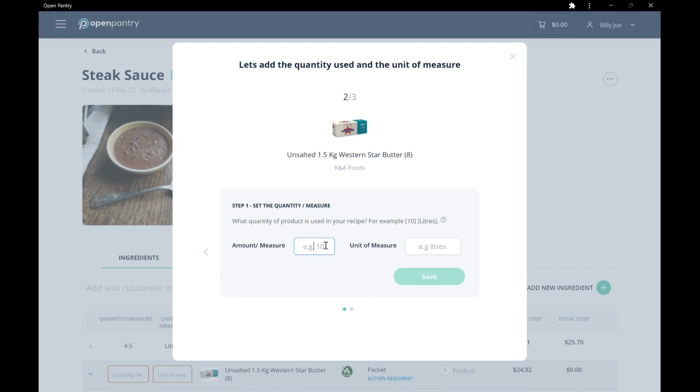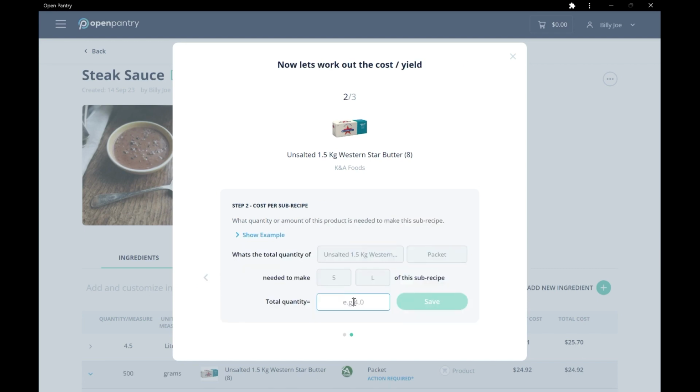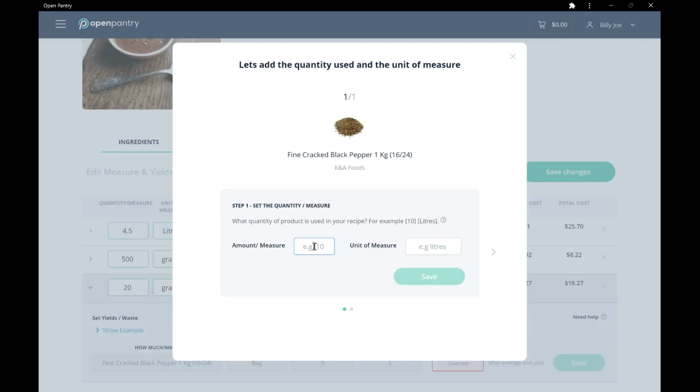Now, for butter, let's assume we're using 500 grams. So 500 grams. And because that's 1.5 kilos, it's a third of that, so 0.33. So here we are going to use 50 grams of pepper.